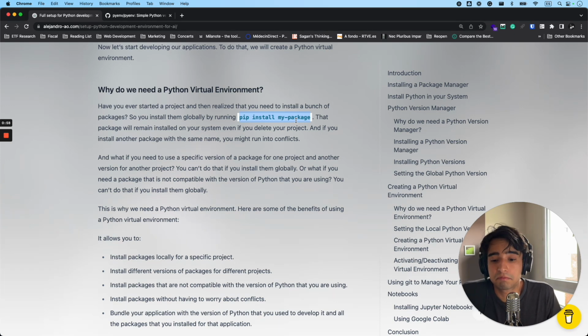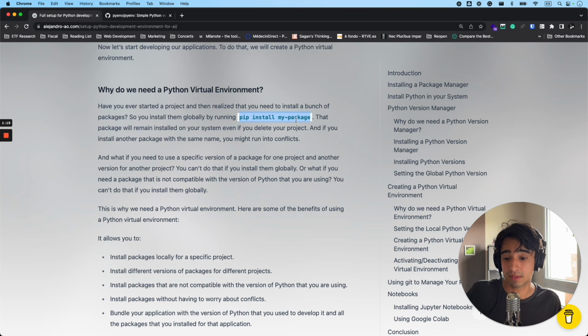And I mean, that may look very easy and very good, okay? The problem is that that package is going to remain installed in your system, in your global version of Python, okay? Now, when you delete your project, that package is going to remain installed in your global version of Python,